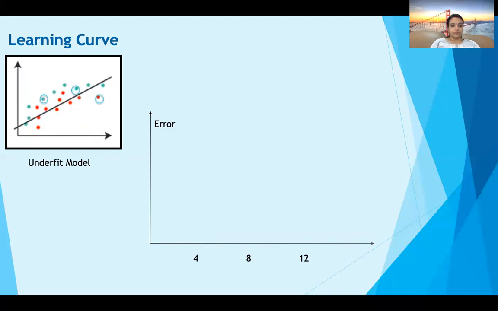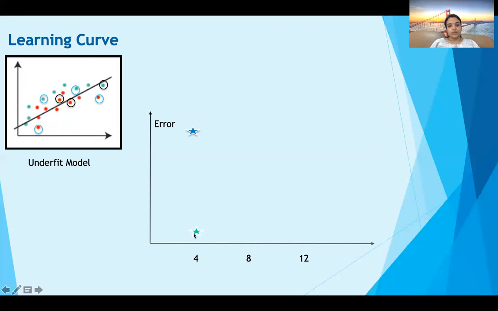This is a 4-point here. It is very easy to train the model with a few points, and we get a very low training error, as it is very easy to separate those two sets of points. But once we evaluate on the cross-validation data, here you can see the cross-validation data, we will see some of the points are misclassified, since we trained the model using only a few points, and it will have a very high cross-validation error. Now we will plot these two errors in this graph.